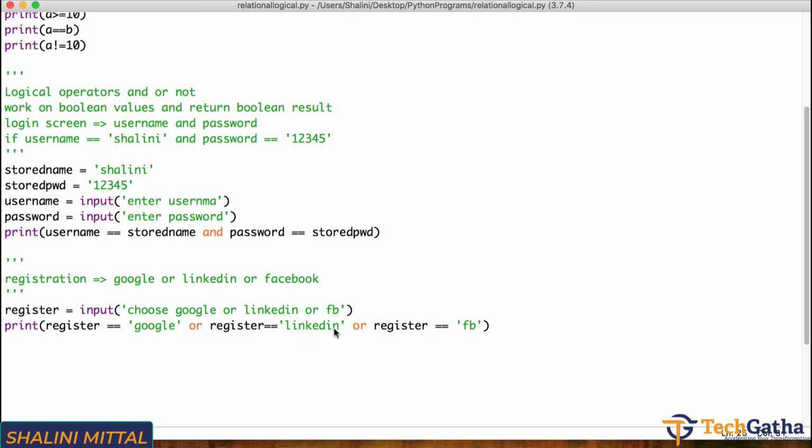For OR, if either one of them is true, the entire result is true. So true or true or true is equal to true, and true or false is also equal to true. Even one single true value makes the result true.